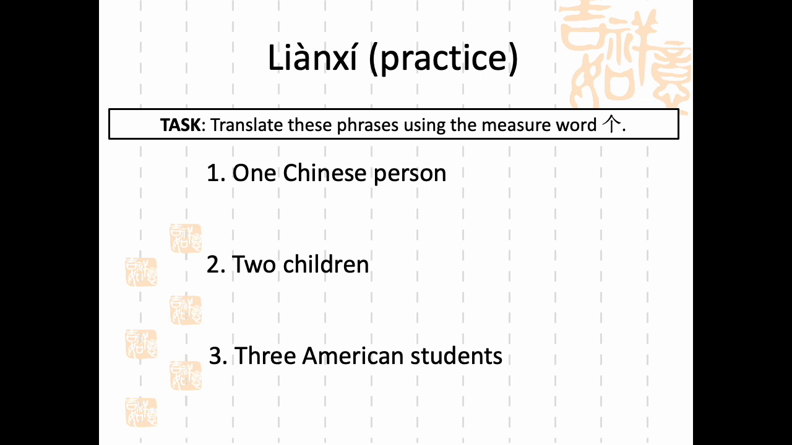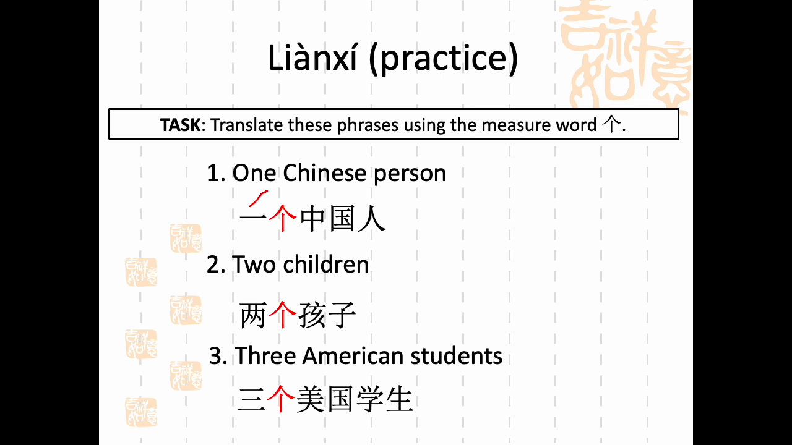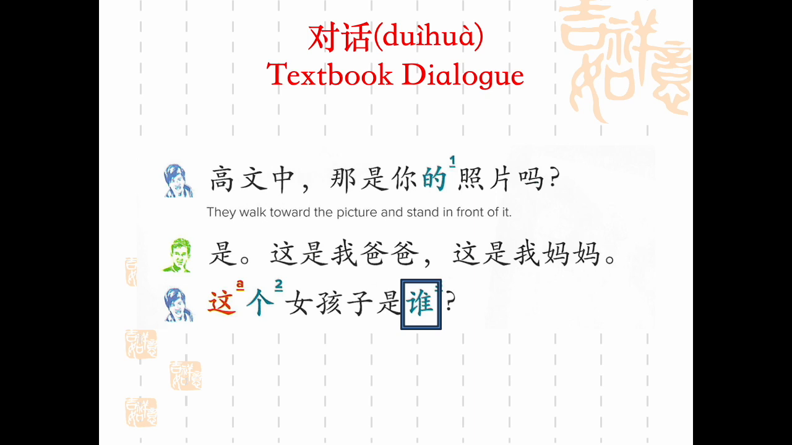第一 Number 1. 一个中国人。And don't forget here that the 一, that is one, the tone is changing to second tone because it's followed by a fourth tone. So we say 一个中国人。第二 Number 2. 两个孩子。第三 Number 3. 三个美国学生。